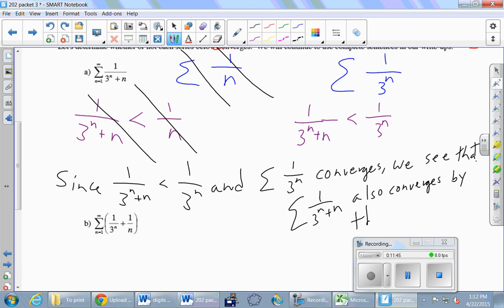So we're going to have two different comparison tests. I'm going to call this one DCT for the direct comparison test. And we'll see the other one in a minute. So that's the direct comparison test, where you compare your series directly to another one whose behavior you already know. Okay, if we're good with that one, move on to part B,